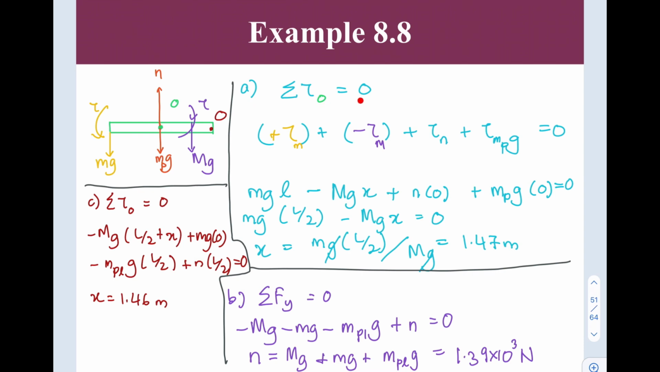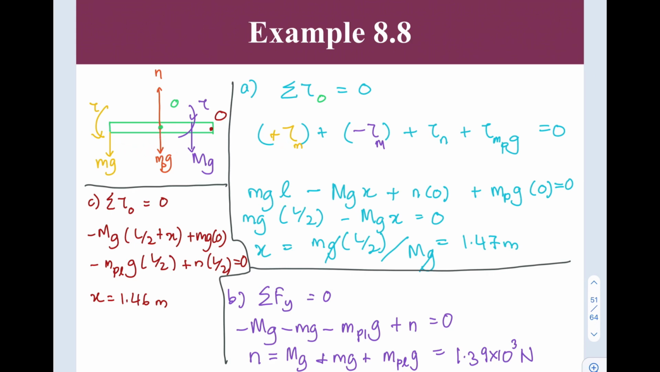Okay, so let's begin with the sum of torque about O, which is equivalent to 0. Right, so torque due to the normal and weight. Here, this is torque due to the weight of the man. The direction is clockwise, that is why I put a negative sign here. The torque due to the weight of the woman is counterclockwise, that is why it's positive. Right. So now,